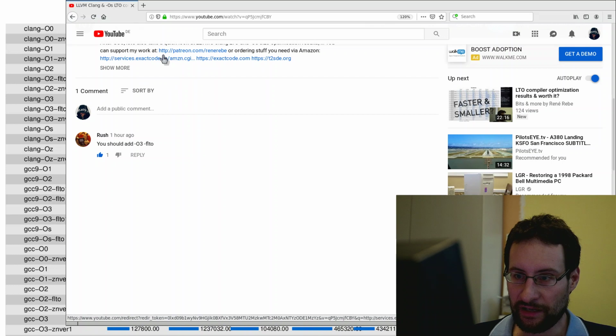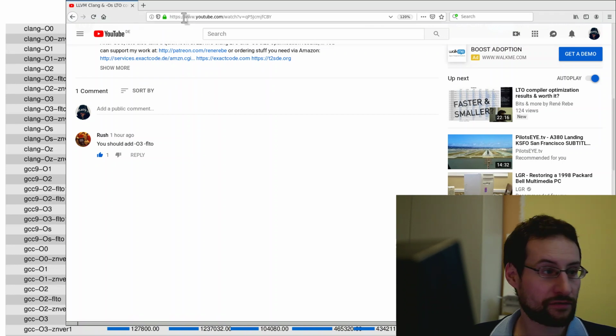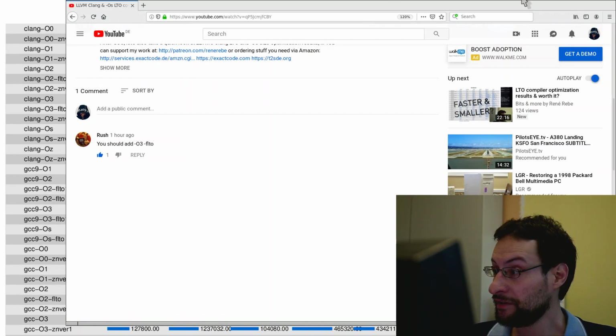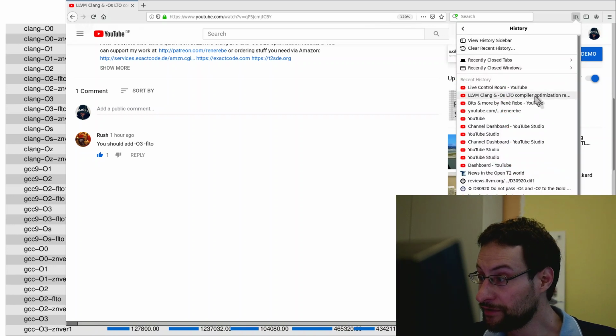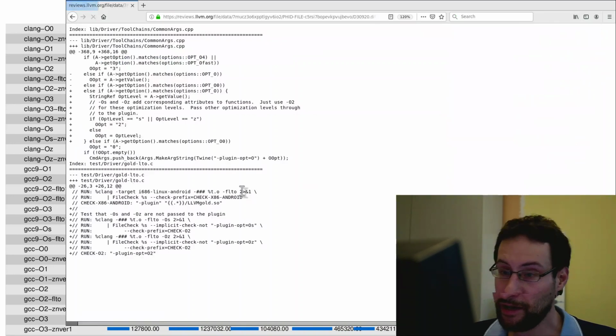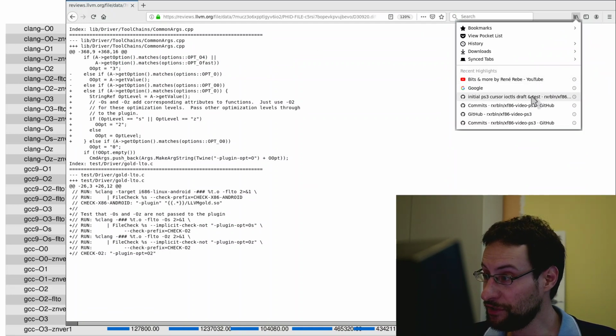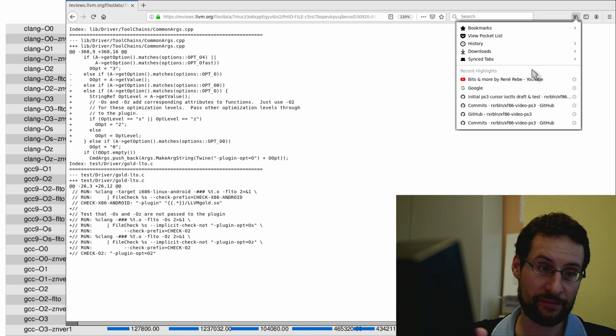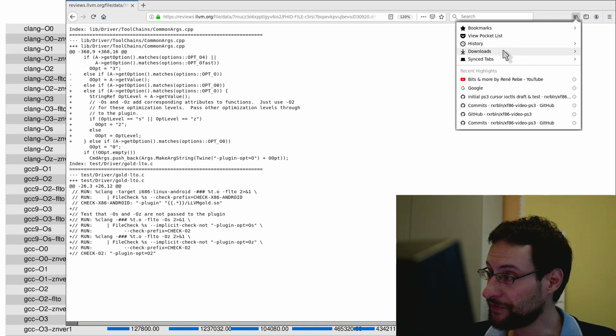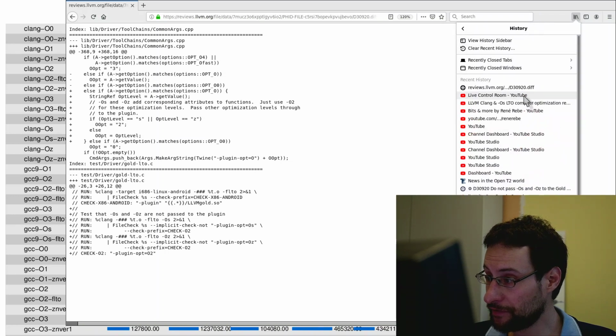And last but not least, did I even close this already? Oh, that was super clever. Let's see if we can find the history here. I had a bug here. You have seen in the previous video, this is what I wanted to show. I said I could maybe fix that we could link time optimize with Clang, with the LLVM linker, but I took a moment to look and then I found a bug report here: